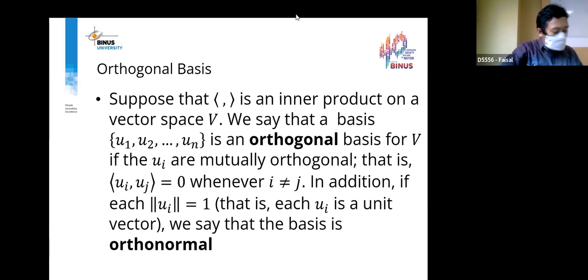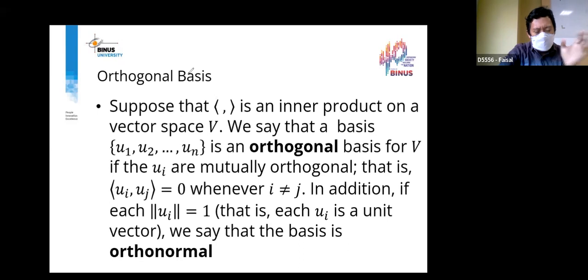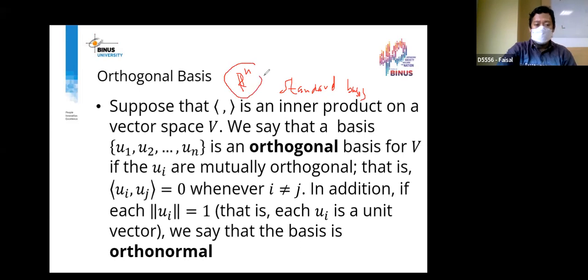Okay, and the next one is a special basis in an inner product space. In a usual vector space, we see that in R2 there is a special basis called the standard basis. Rn has a special basis called the standard basis. So this is one kind of basis in Rn. But in an inner product space,